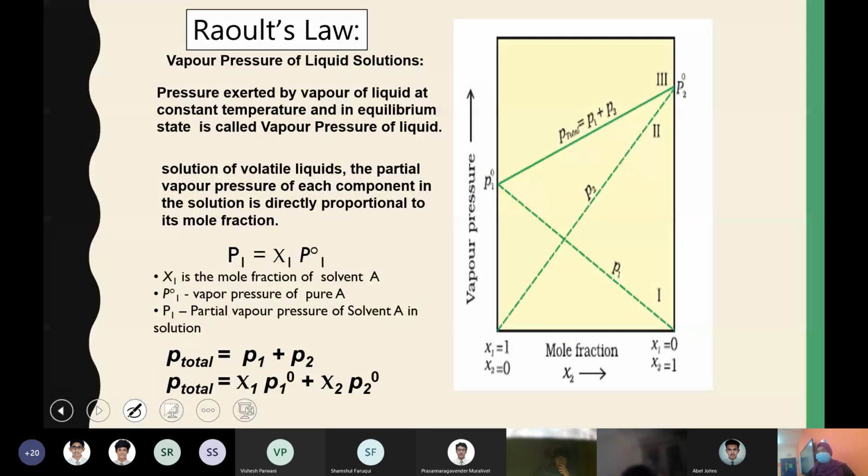Ma'am, so are you saying it can be a flipped image? Not a flipped image. You can explain the graph by going from one end to the other end or in the reverse direction. Explanation can be in any of the directions. But isn't the solute supposed to be less than the solvent?